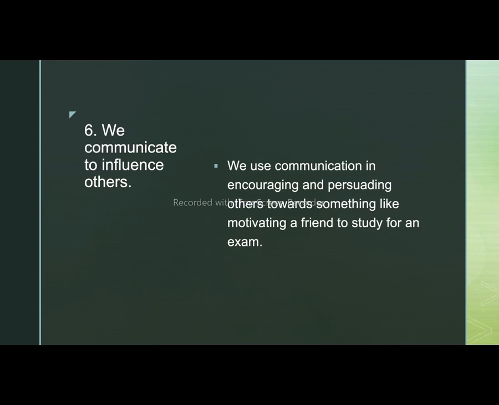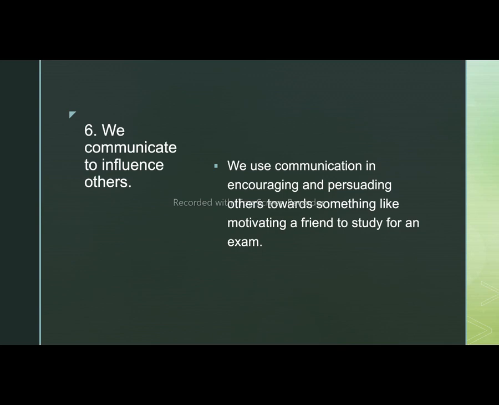By the way, even silence can influence other people, right? Let us say that your friends are going somewhere and you want to tag along with them, but you do not feel like speaking up. What you can do is you can just be quiet and look at them until they found out. And that is what we call passive aggression. We can say that passive aggression is in one way or another under number 6.